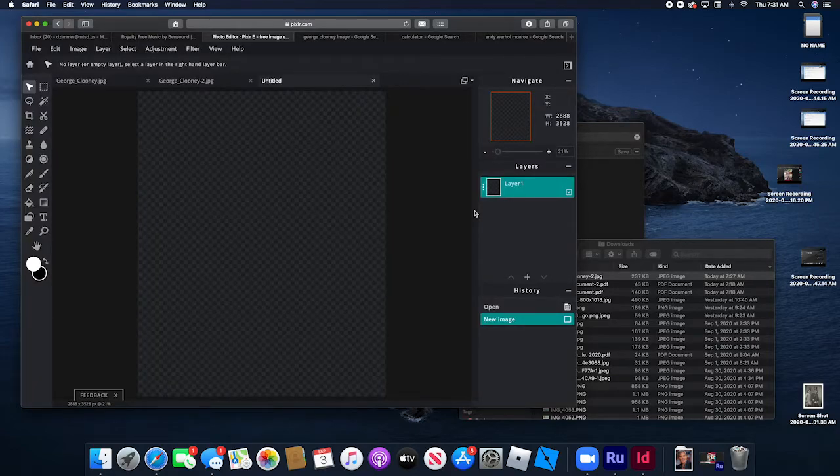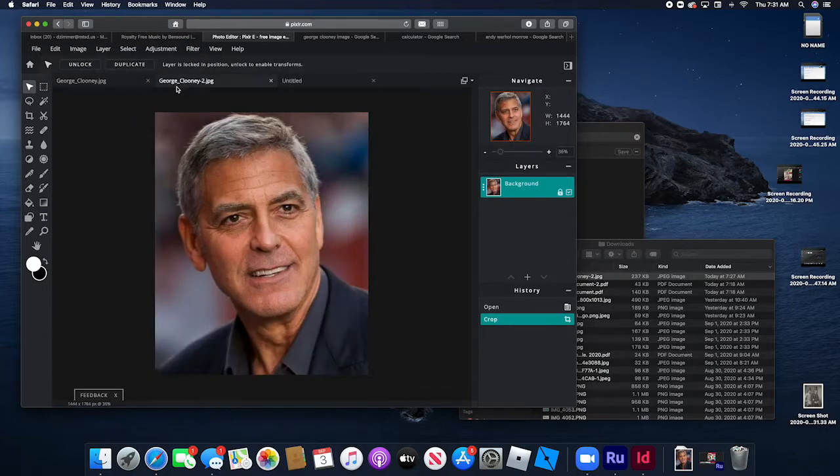Create. So now I have my new blank image, and I should be able to tile 4 of these images together. Again, you can do more than 4. I suggest you do more than 4 because it's fun. So the next thing that we're going to do is go back to our George Clooney, and I need to